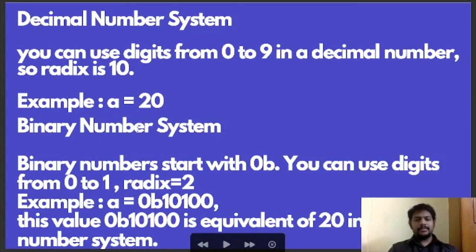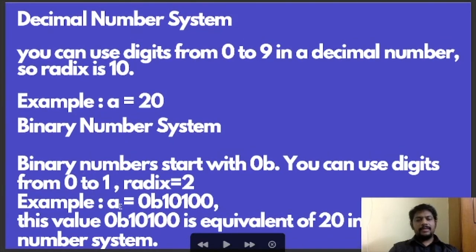Next, binary number system. In the binary number system, your binary number can start with 0b. I mean, it is not mandatory, but it can start with 0b, and the digits used are 0 and 1. Since we are using 2 digits, the radix will be 2.